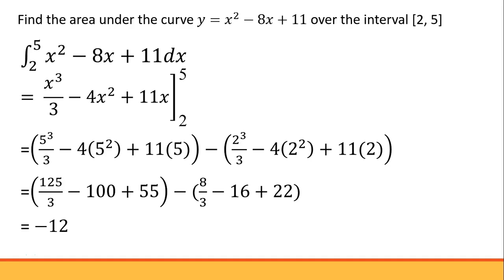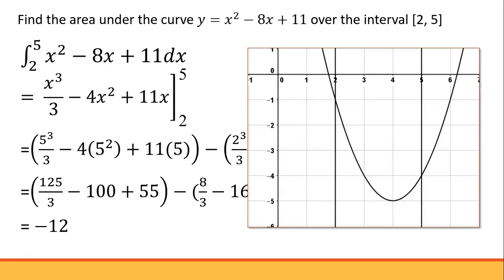Now that might seem a little strange. We're finding area under a curve and we've found a negative area? That doesn't really make sense, does it? A negative area actually does make sense if you think about what the graph of this function looks like. We're finding this area that's bounded by the curve and the x-axis and the vertical lines x equals 2 and